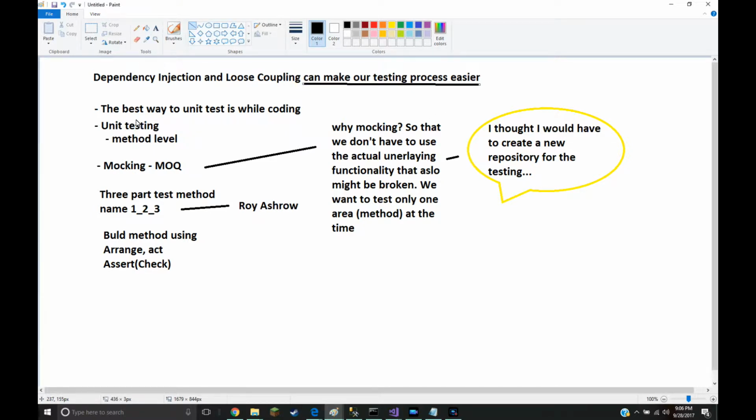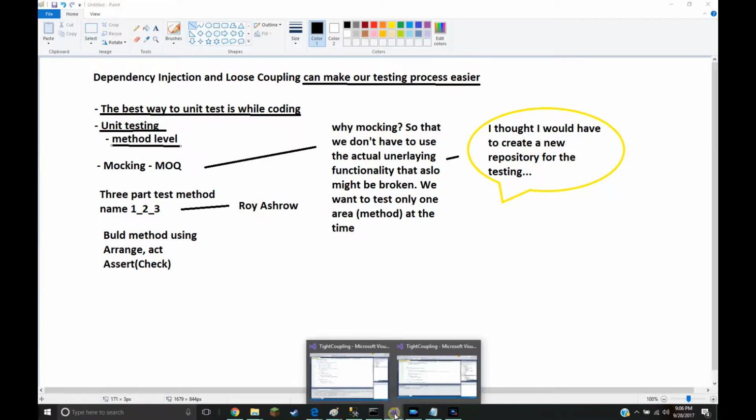Obviously, the best way to unit test is while coding. We didn't do that for these examples, but that's okay. We're going to show you now. Unit testing is done on a method level. So the first thing we need to determine is what we need to test. In this case, what we're going to be testing for the example is the